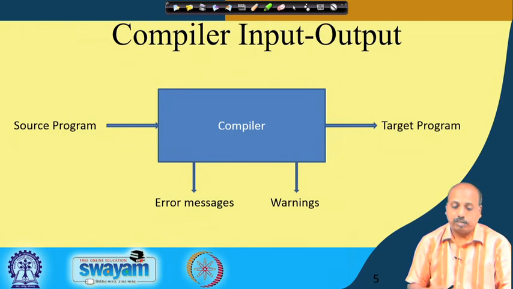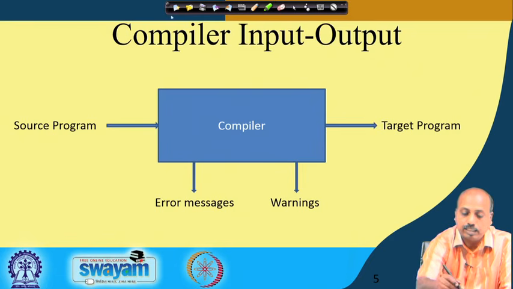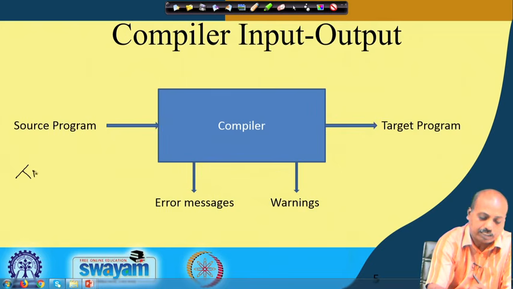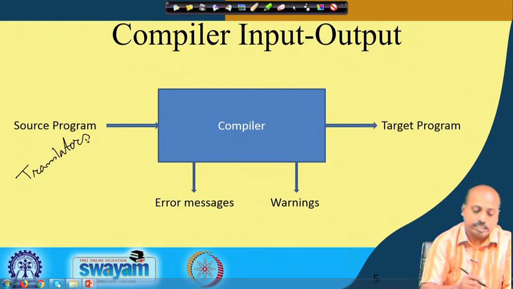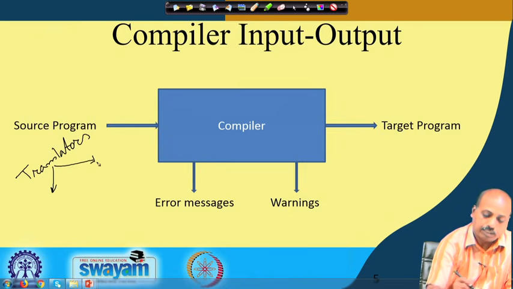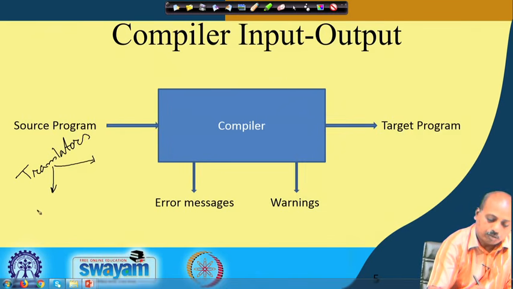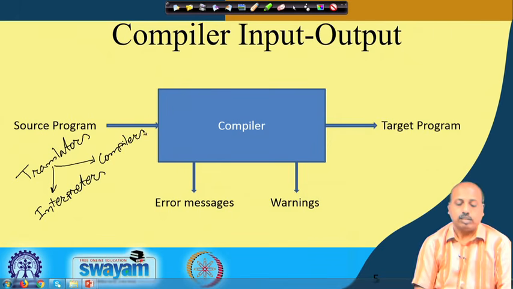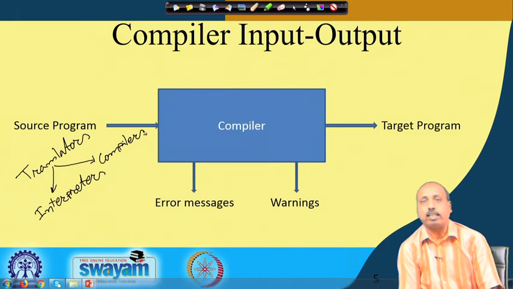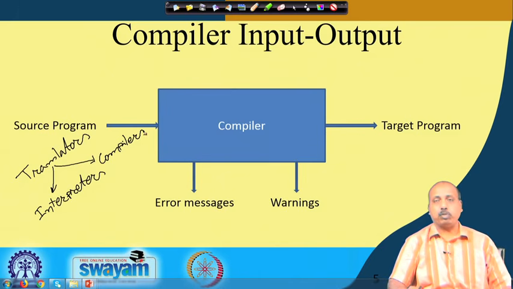Now, at this point of time, I would like to emphasize that in general, compilers are working as translators, and there are two types of translators that you can see in a computer system. Some of them are known as interpreters and others are known as compilers. The role is more or less the same in the sense that both of them translate the source program into a machine language program, but the interpreter is doing it like this.